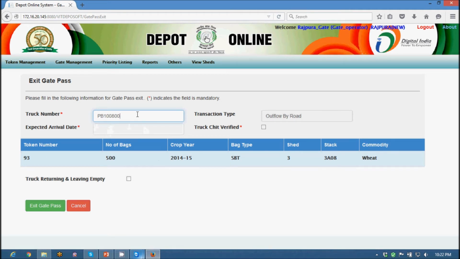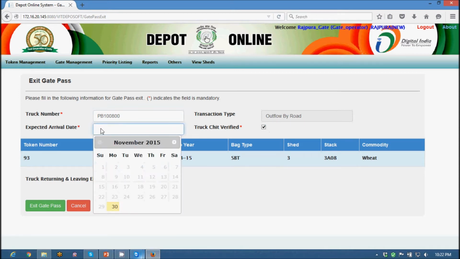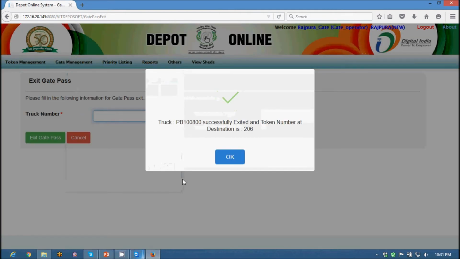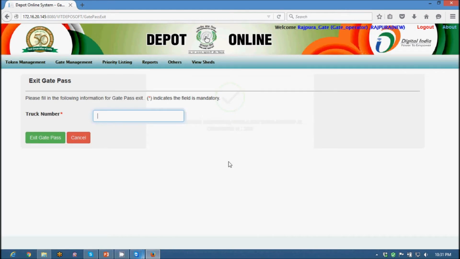So the gate officer can view various information. He can select whether the truck chit was verified or not. He will also provide the details of an estimated arrival date. So the gate pass exit is clicked, and with this the truck actually goes out of the depot and starts the journey for the destination. So the gate has been marked as exit successfully. Now let us go and mark the other truck as exit,